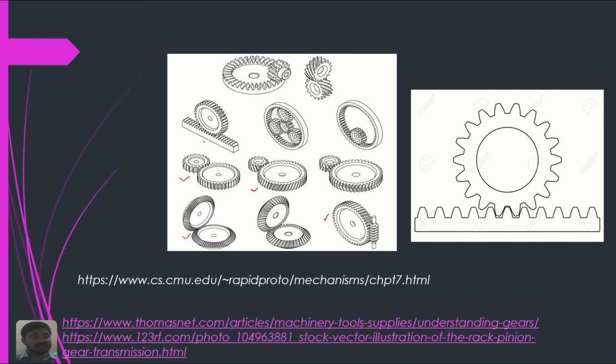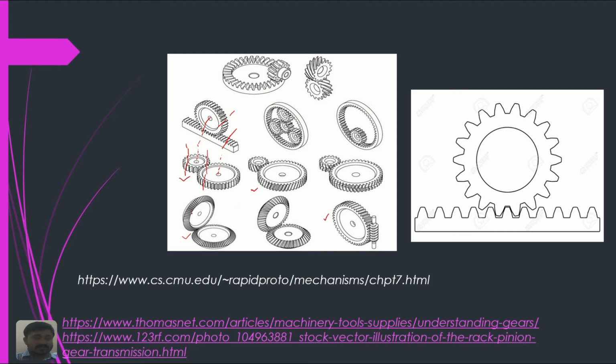How do we differentiate between these gears? First we examine the axis of the gears. Taking the gear axis here, and also the gear axis here, this is a straight line. When we draw another axis along the teeth, we can see that they are parallel to each other. Also in this case they are parallel to each other. In the case of a spur gear also, the gear axis and the teeth axis are parallel to each other, but that is not the case in the other gears.